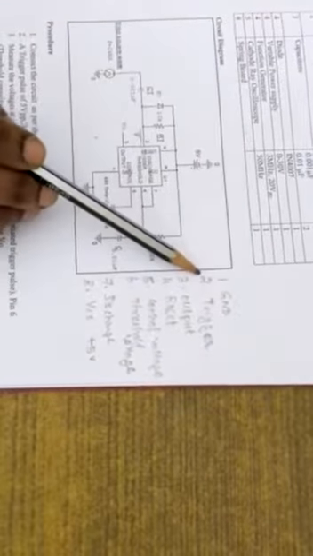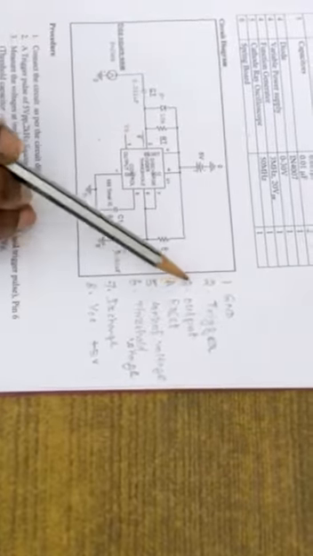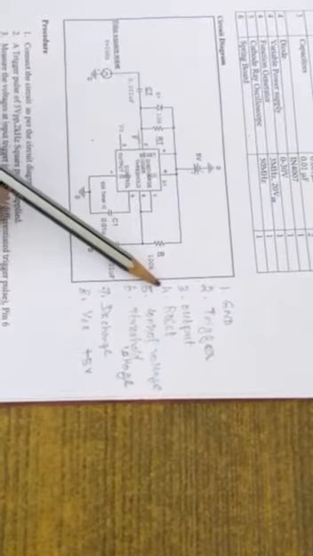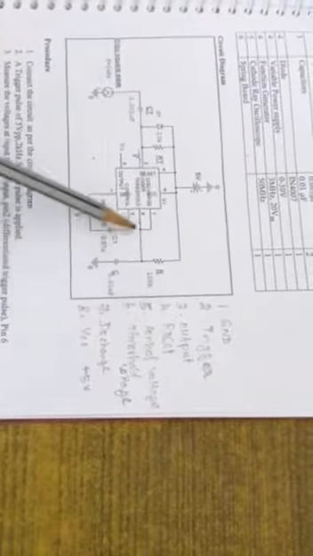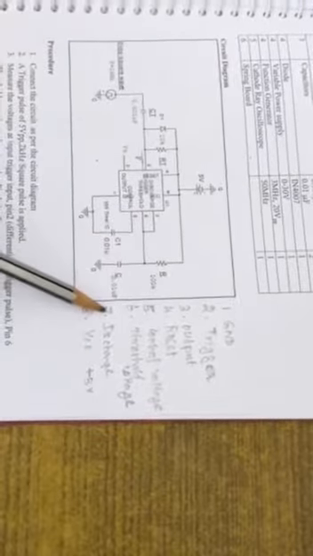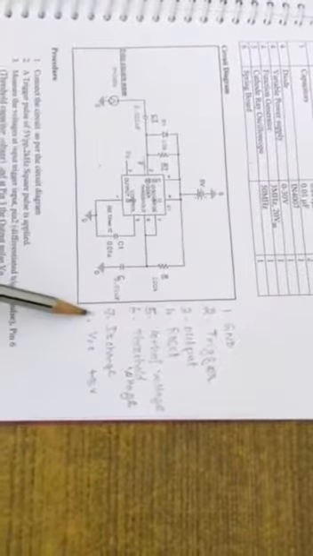The IC 555 is an 8-pin IC. Pin 1 is ground, and pin 2 is the trigger input, where I give the trigger pulse. At pin 3, I measure the output. Pin 4 is to reset the IC. At pin 5, I give the control voltage using the capacitor of 0.01 microfarad. Pin 6 gives the threshold voltage, and I measure across this. Pin 7 is the discharge point, and pin 8 is VCC, the power supply. I give 5 volts to the IC.